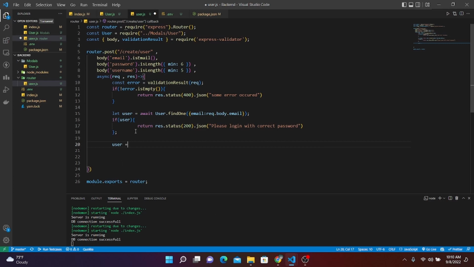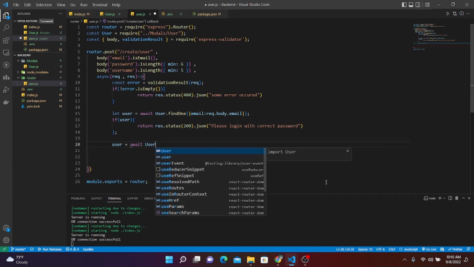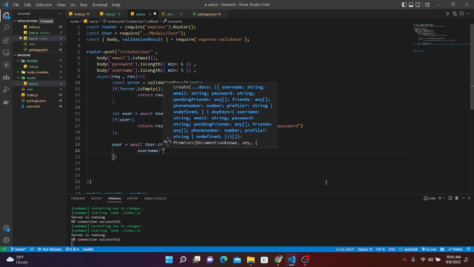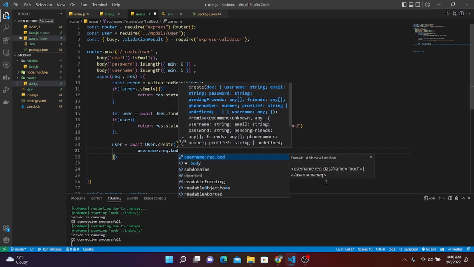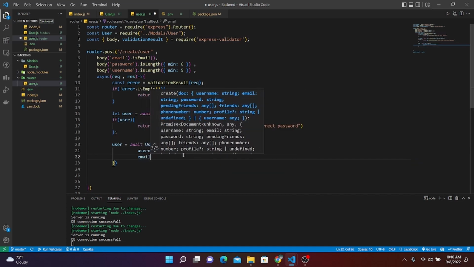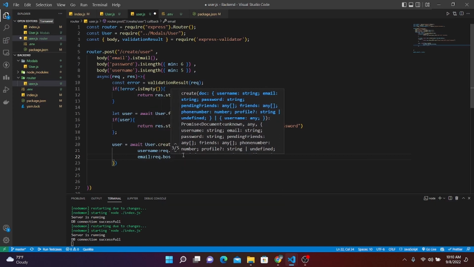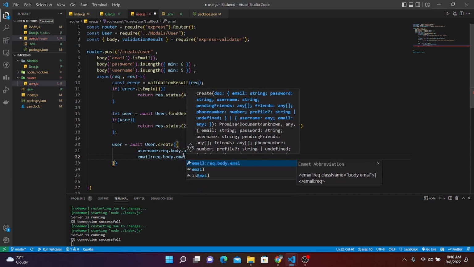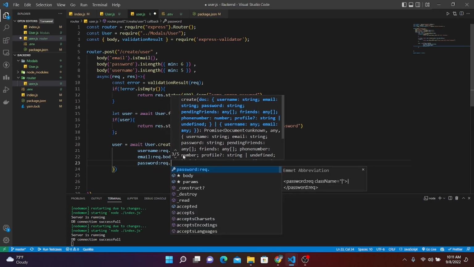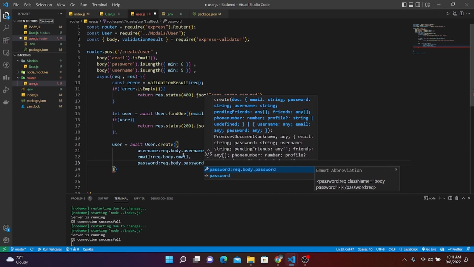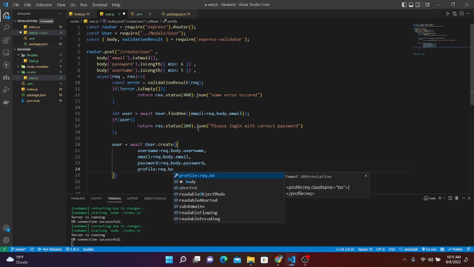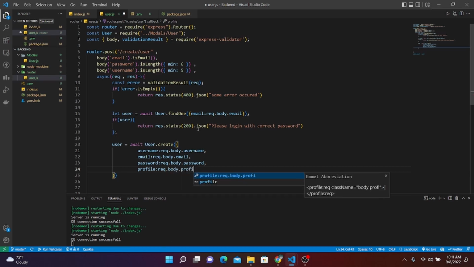Let's write user is equal to await User.create, and let's write a username: req.body.username, and an email: req.body.email. So let's write a password: req.body.password, and let's write a profile: req.body.profile,